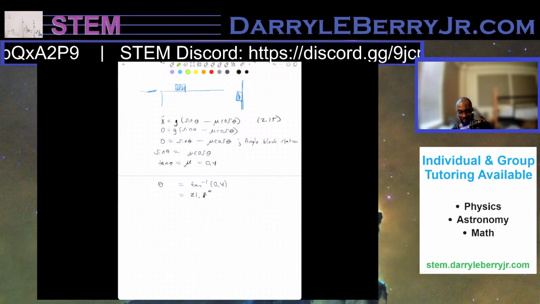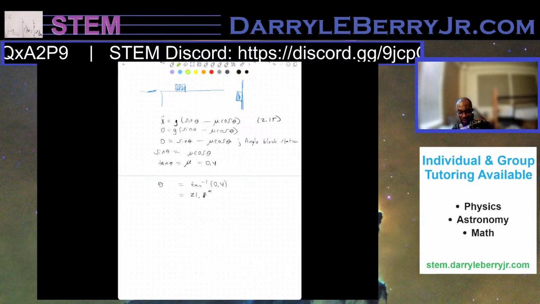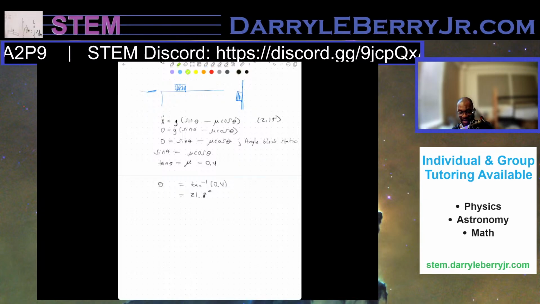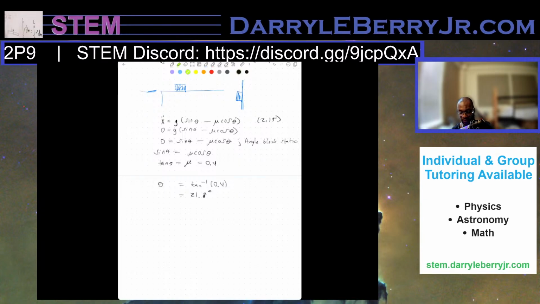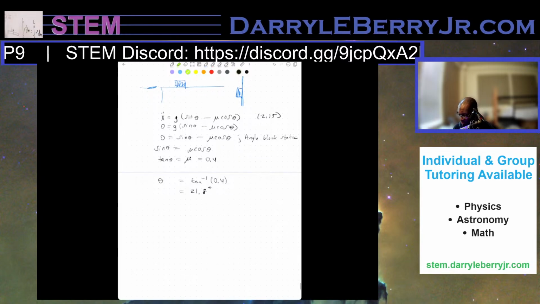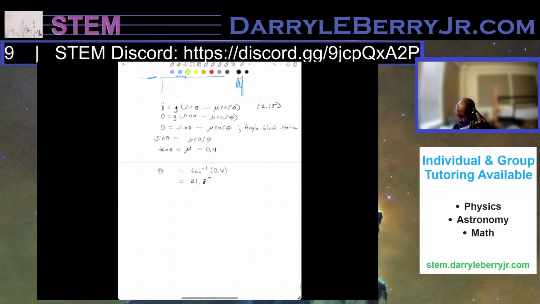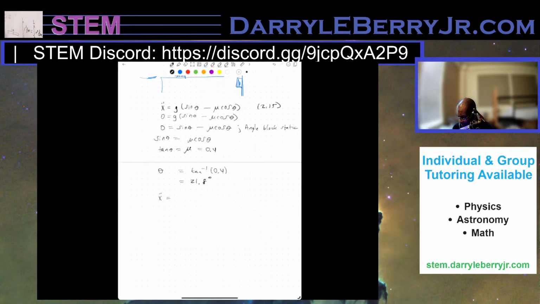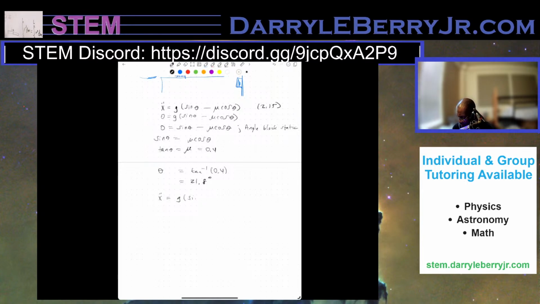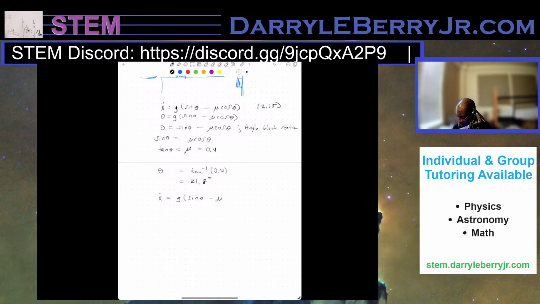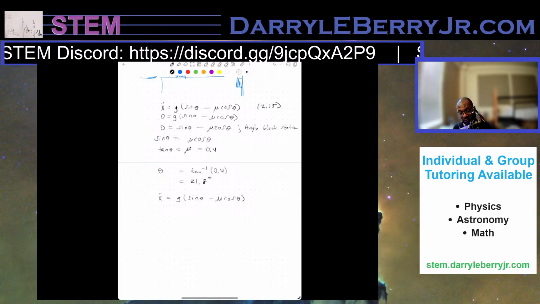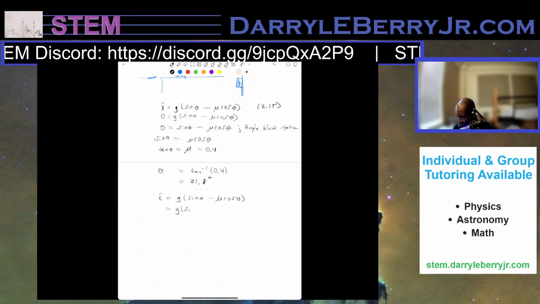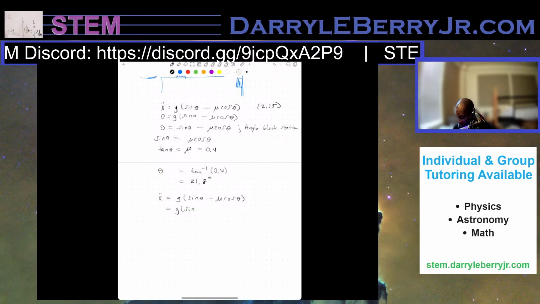After the block in the previous example begins to slide, the coefficient of kinetic sliding friction becomes 0.3. Find the acceleration for the angle 30 degrees. We've already calculated in the x direction, x double dot equals g sine theta minus mu cosine theta. So they're saying, and that's g sine 30,